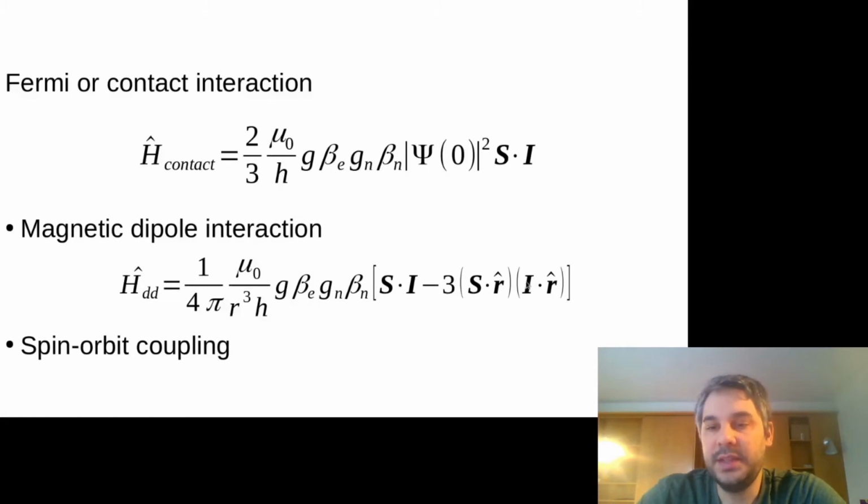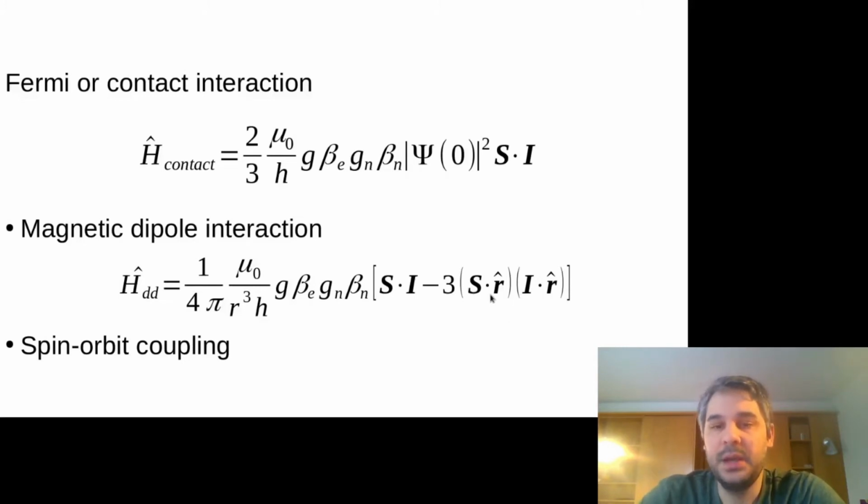And also we have this dot product between the nuclear spin and the unit vector that joins the electron and the nucleus. So these dot products are the ones that define orientation, because a dot product of two vectors is a scalar that depends on the magnitudes of the vectors times the cosine of the angle between those two vectors. So when you have a cosine of an angle, that's when you have directionality,